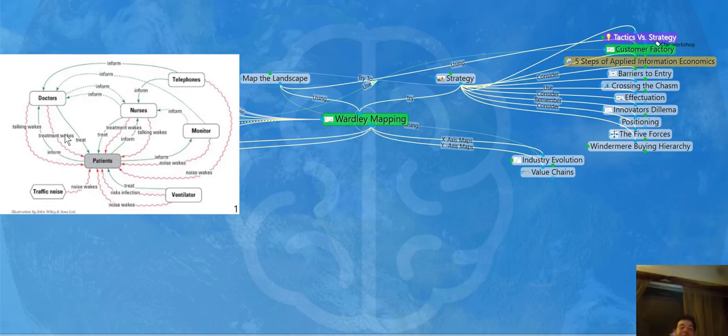Okay, and so that's another way to understand a system. And I think this idea of mapping flows versus evolution is a really powerful way to understand ways to intervene in a system. If you're a systems thinker and you haven't thought about evolution, then you're missing half the equation,